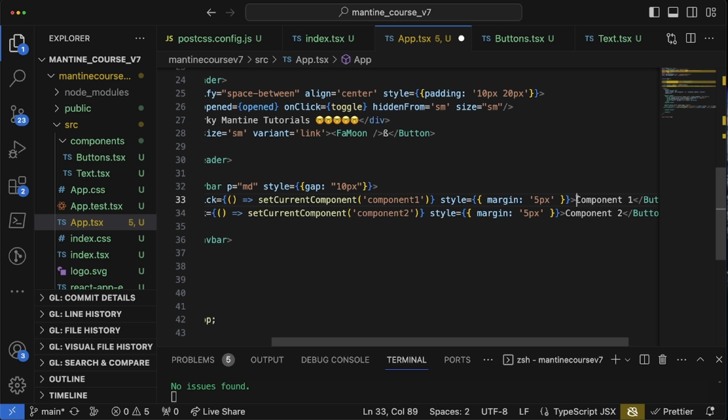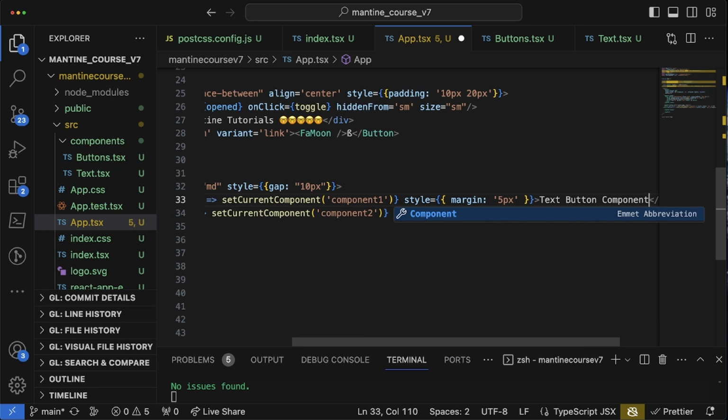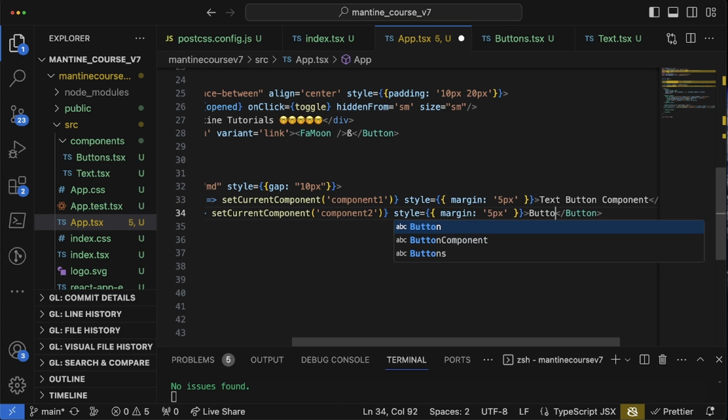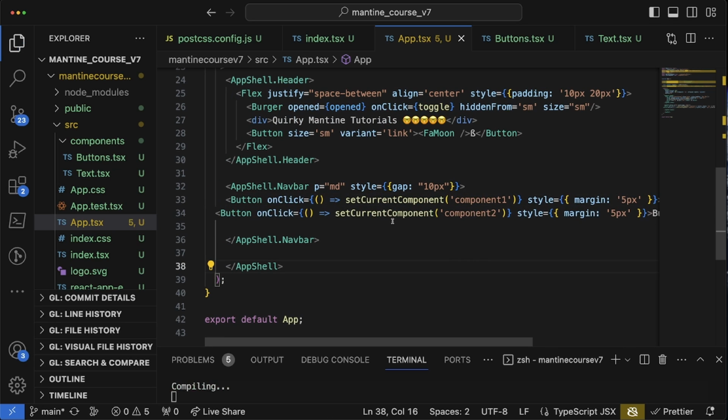In fact, let me do this. Let's do text button component, and then button component. We go to this component. I think that's how it's spelled. Save it, and then after that, we're going to do